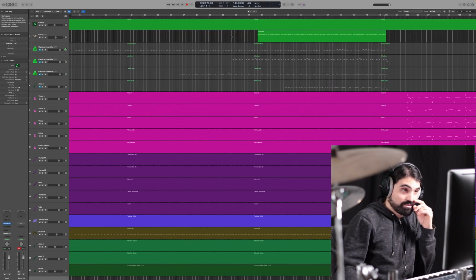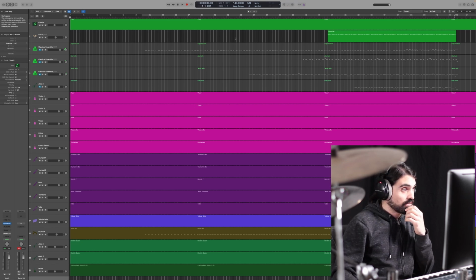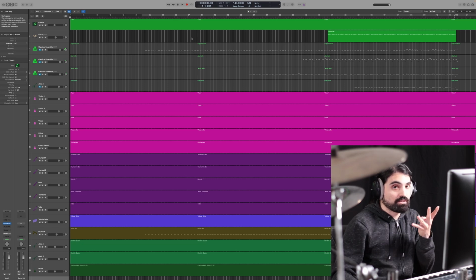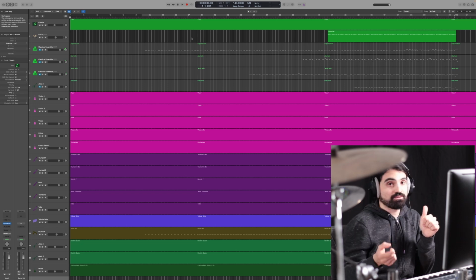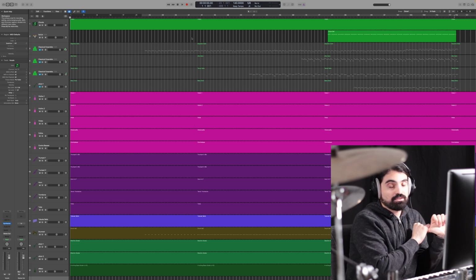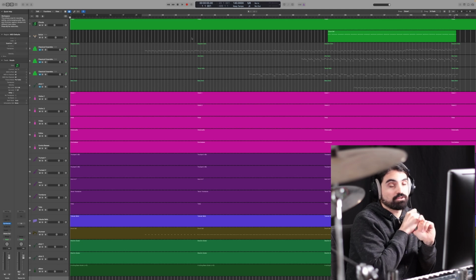Let me know if this helped you, and especially let me know if there's a better way of doing this. I wish the Synth V integration into the DAWs would be a bit smoother. And also the MIDI import into Synth V works mostly fine. What it doesn't do is the tempo changes aren't reflected in Synth V, at least not the way I do it. And the time signature changes aren't